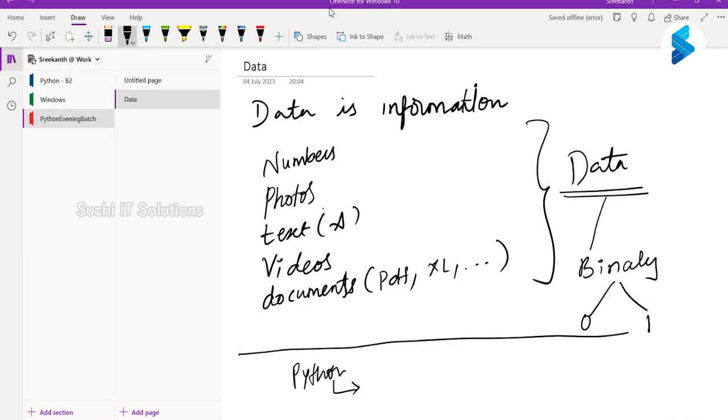Once we start writing something in Python, that software takes care of converting the program that we write to the language that the computer understands, which is eventually the zeros and ones.